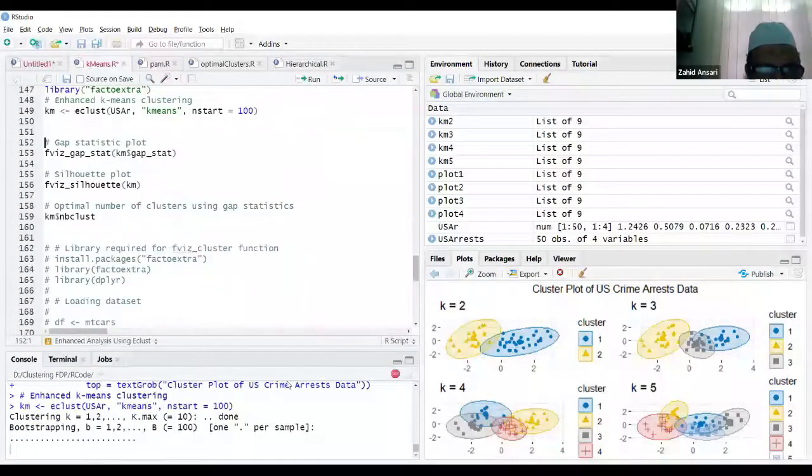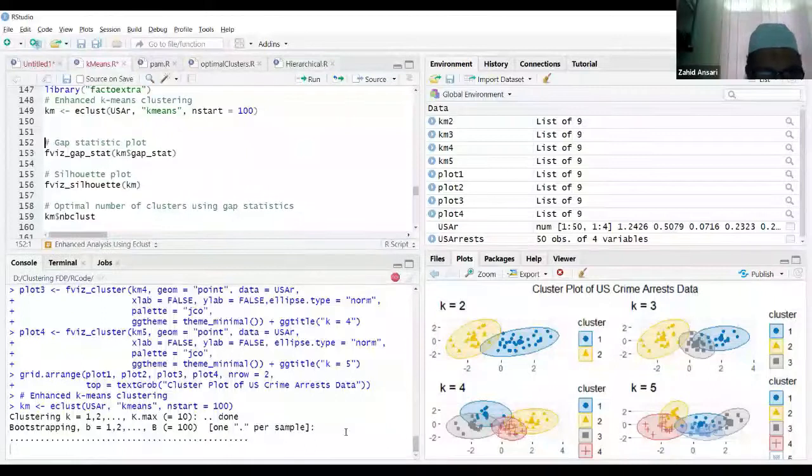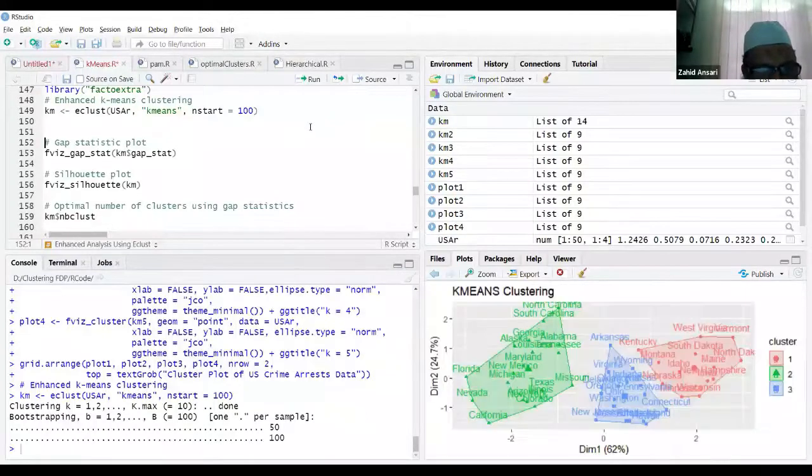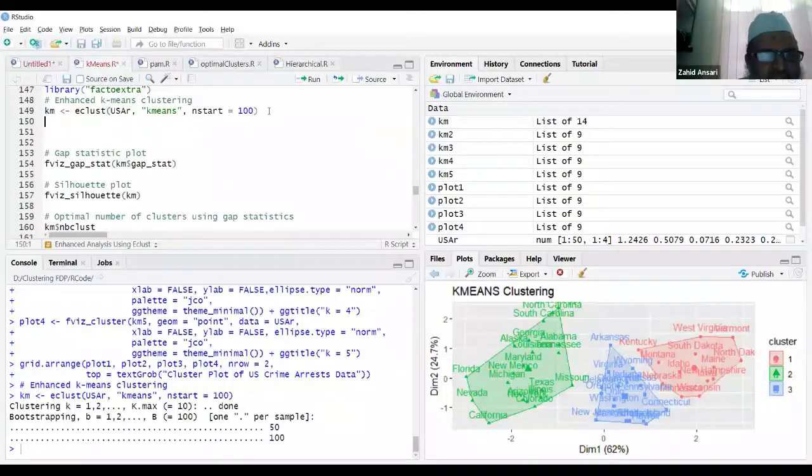So it is doing it for me. See down, it is taking time because I am telling it 100. So it's taking time for that. Okay, so our result is in km, right? Again, print also came. I don't know how it will look and what it will have. We need to do some research on that.